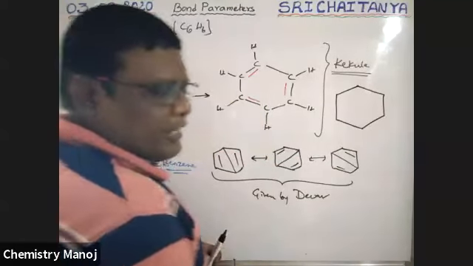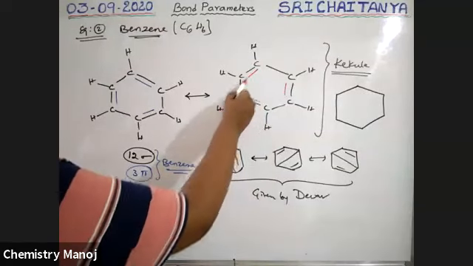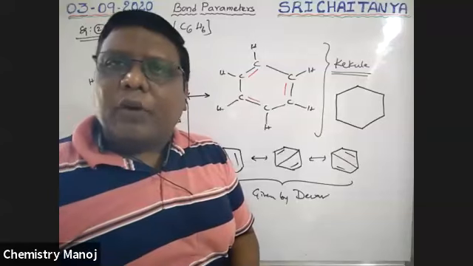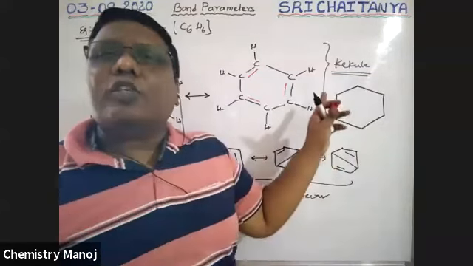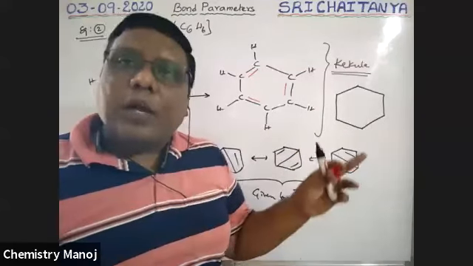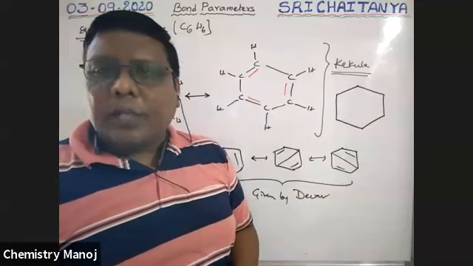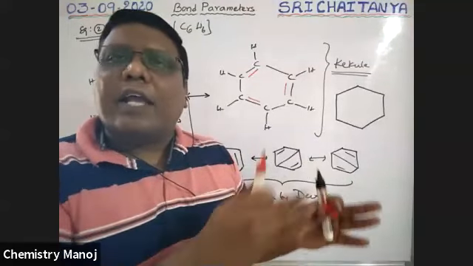Atoms placement is not changed. But the pi bonds are sometimes here, sometimes here, sometimes here. That means the pi bond is not fixed at one point. That means pi bonds are variable, and are called variable bonds. Non-localized, delocalized bonds, because those are not fixed at one point. So those bonds which are not placed at a fixed point are called delocalized.